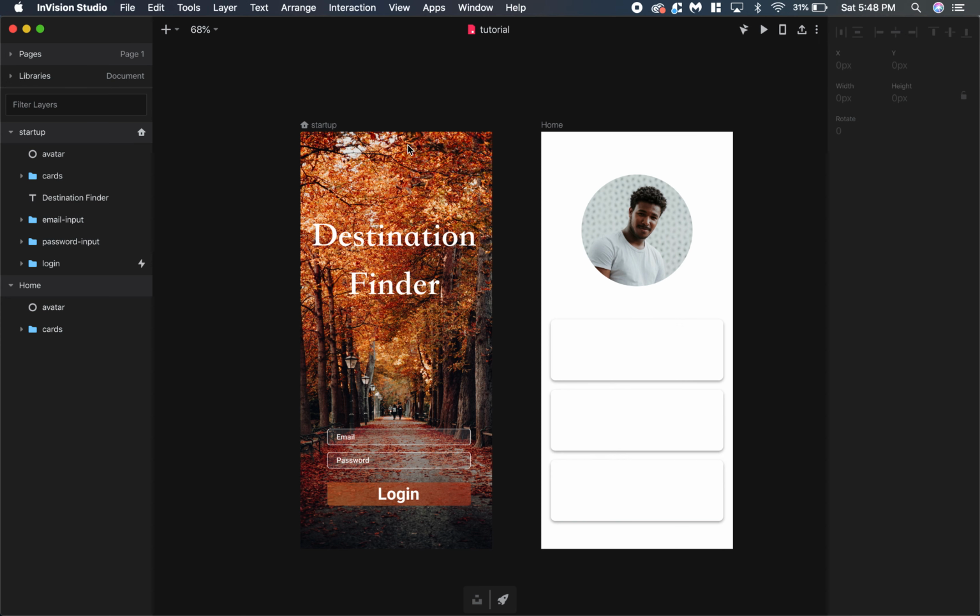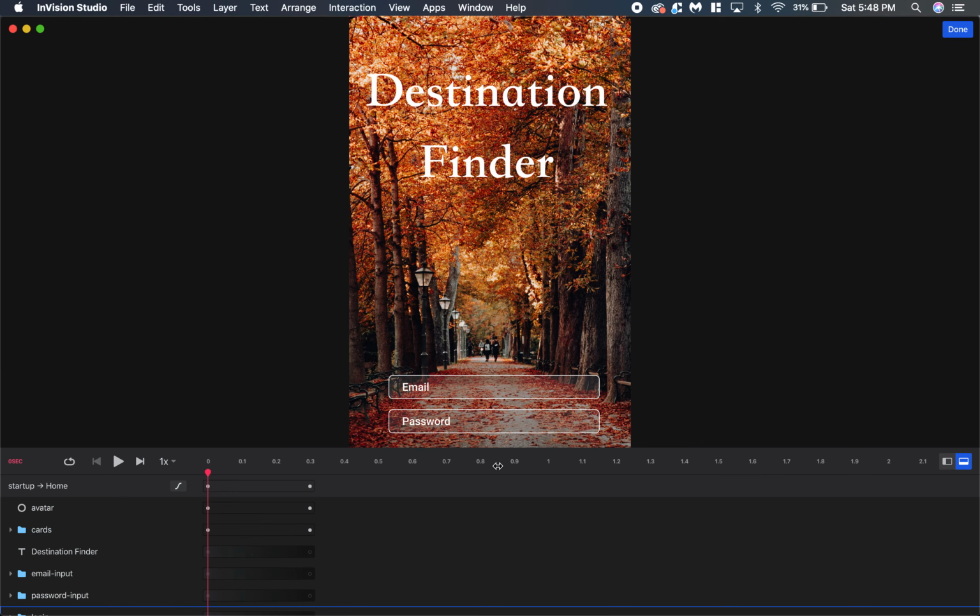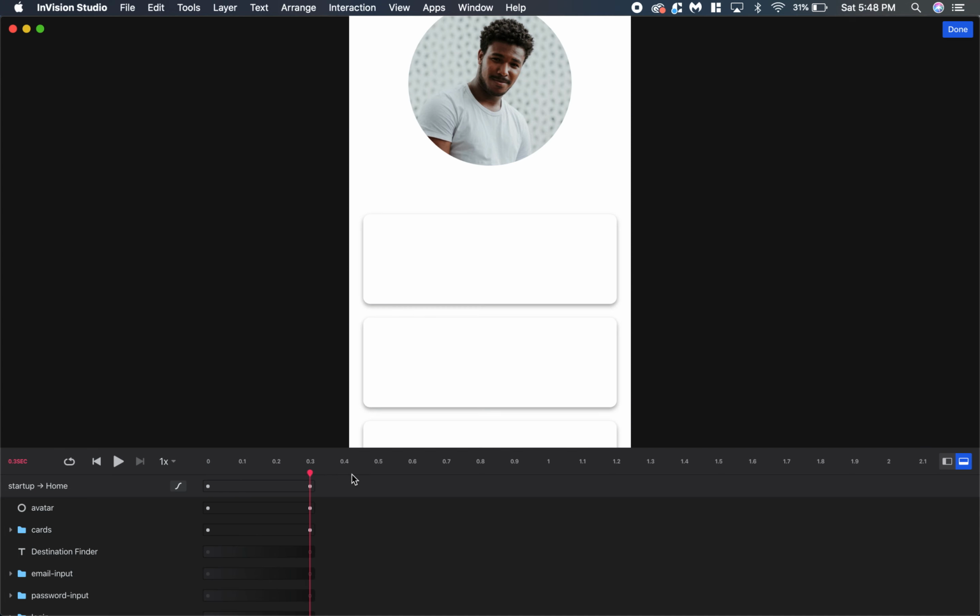But I want to make it even better. So I click on login and I'm going to go into the timeline. The oh so beautiful thing. So if we look over here, let me just move this. Okay, so if you look at this one right here that says the startup time from startup to home,